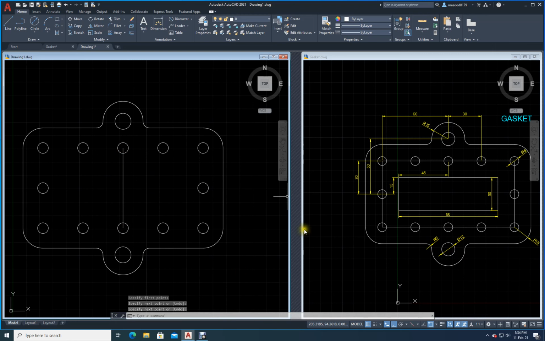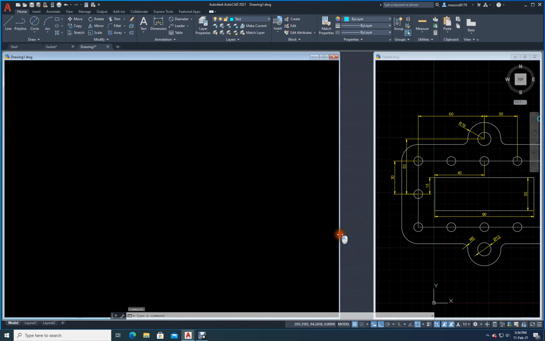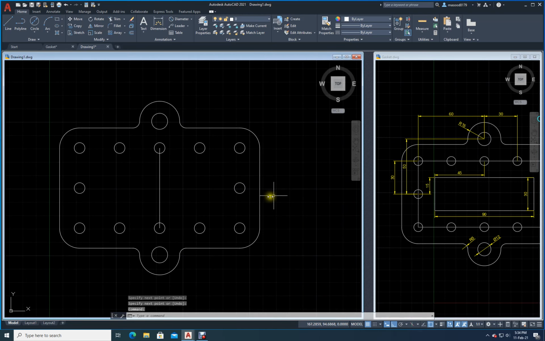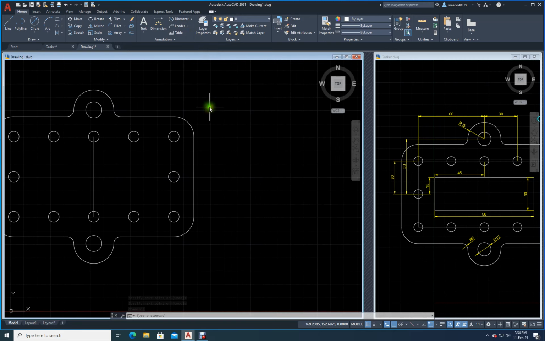What I will do now, I will make this one a little bit small. I don't need this one anymore. I will make it a little big so that I have space. I will come here, click, move it a little bit. Now what is the diameter? Now here see, the length is 90, the height is 30. Okay, length is 90, height is 30. Let us take the rectangle.